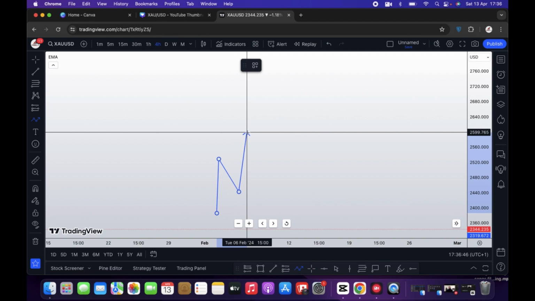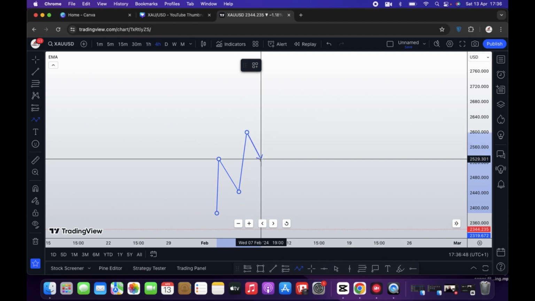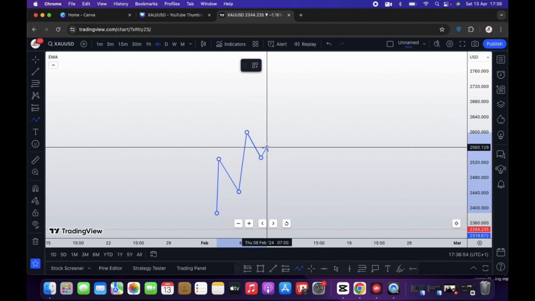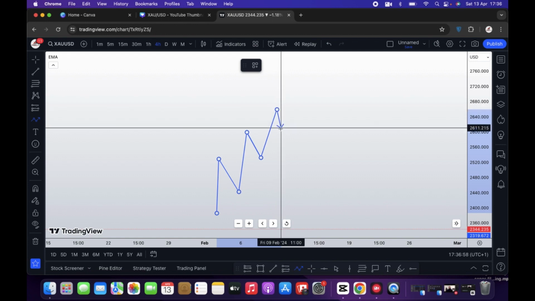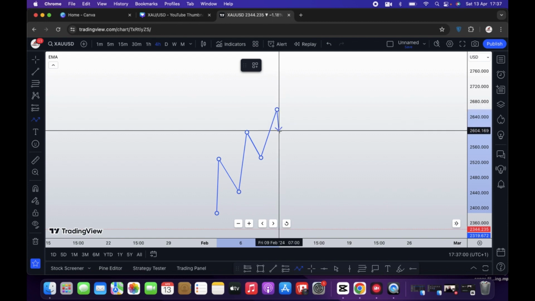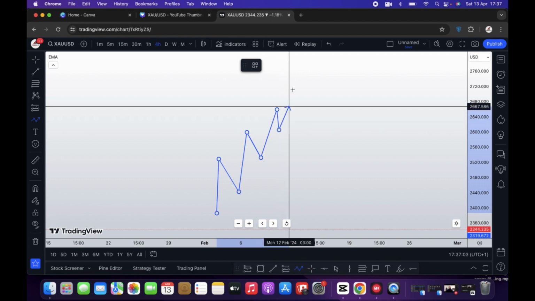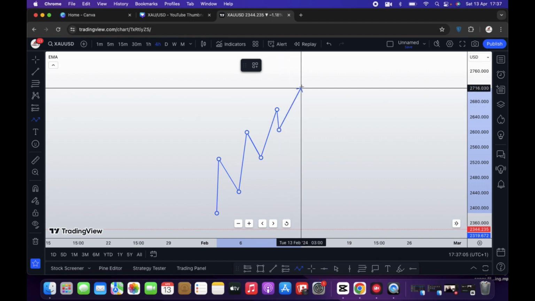Then the market takes out the higher high, then comes back to the lower high, respects it, then goes up and takes out the higher high, then comes back and